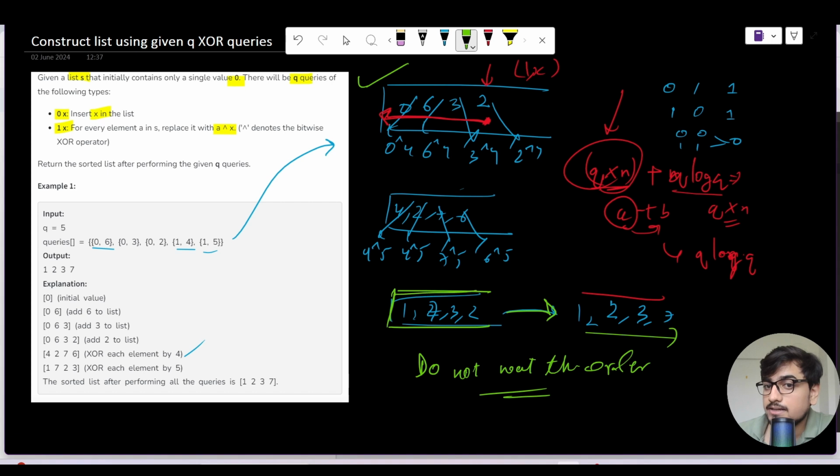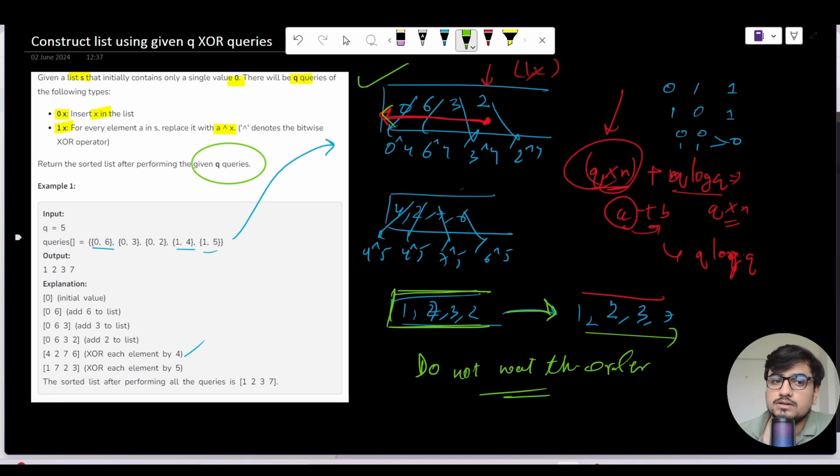बट हमें क्या करना है, हमें ऑर्डर से मतलब नहीं है, मतलब कि we can do this brute force traversal in some other way as well. So this would be our hint, right? हम किसी दूसरे वे से ट्रैवर्स करने का सोचेंगे, right? क्योंकि ऑर्डर से मतलब नहीं है, एंड दैट इज़ द रीज़न इन्होंने दे रखा है कि आप सॉर्टिंग में रिटर्न करो, राइट? अगर इन्होंने नहीं दिया होता,